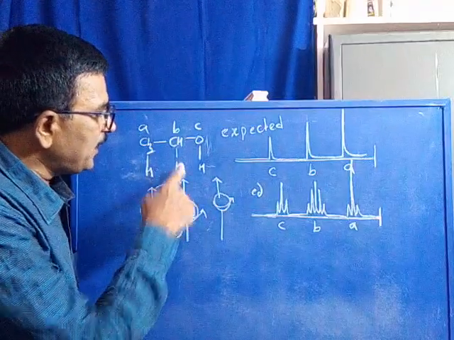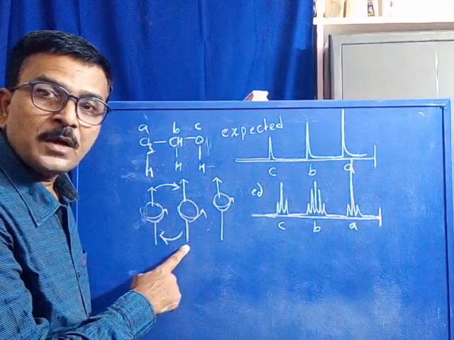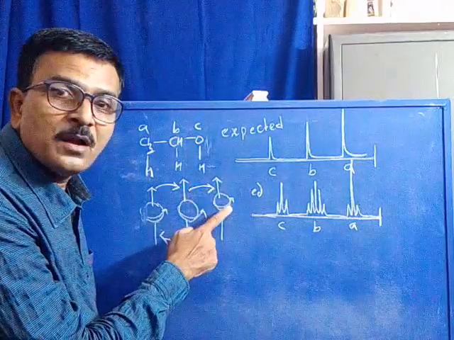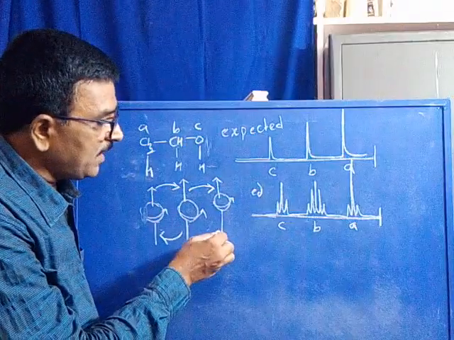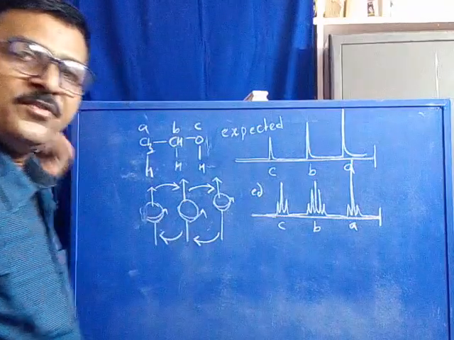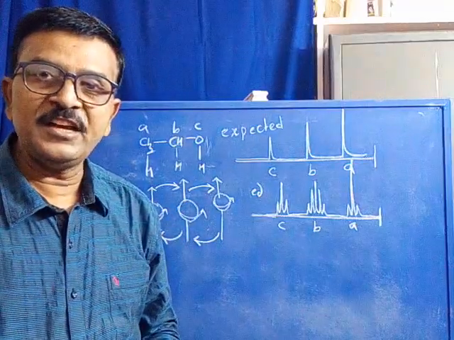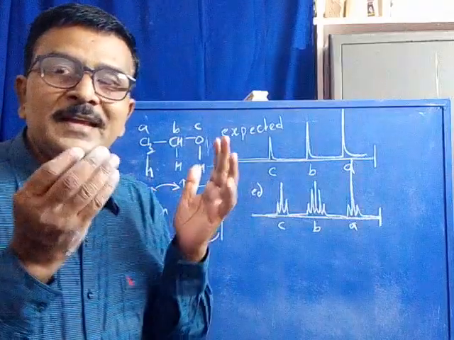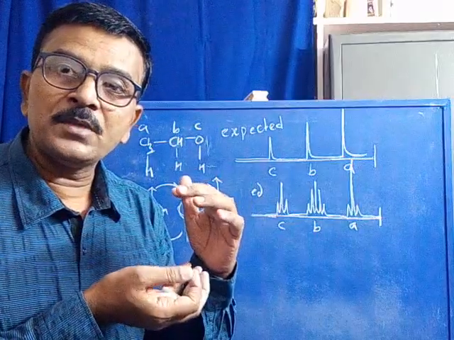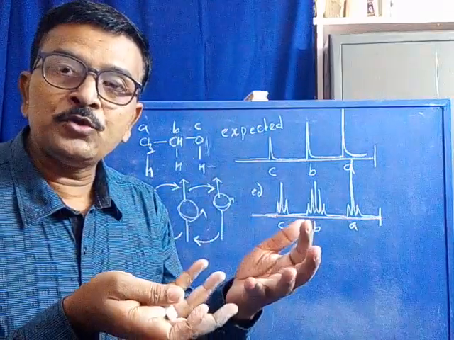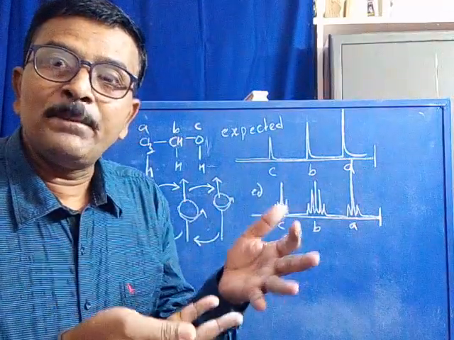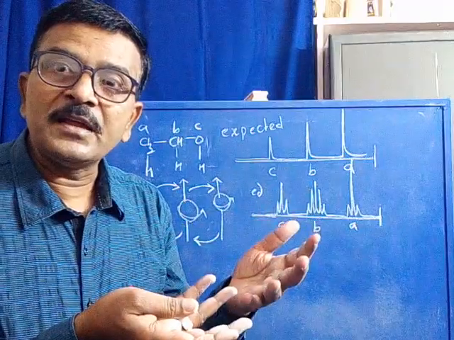Similarly, the nuclear spin produced by CH2 proton also couples with the nuclear spin produced by OH proton. In the same way, the nuclear spin of OH proton couples with the nuclear spin of CH2 proton. Is it clear? That is, the coupling of nuclear spin produced by one set of protons with the nuclear spin produced by its adjacent set is called spin-spin coupling. Is it clear? Spin-spin coupling.